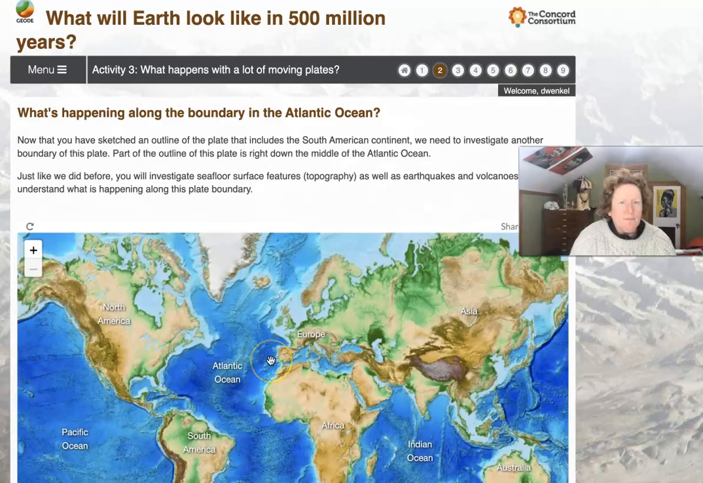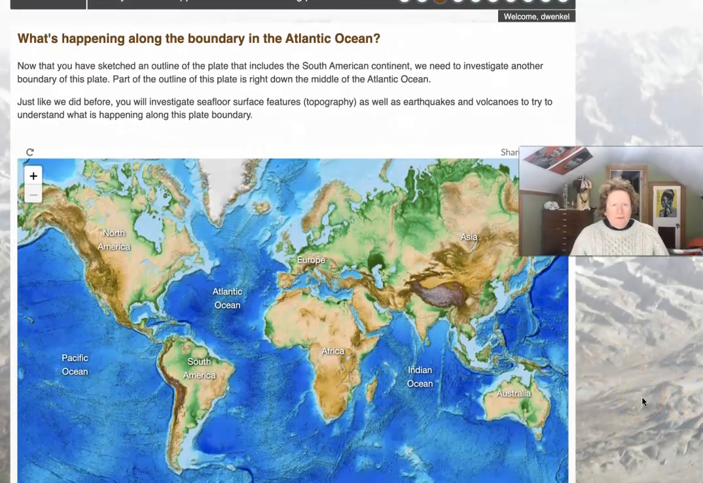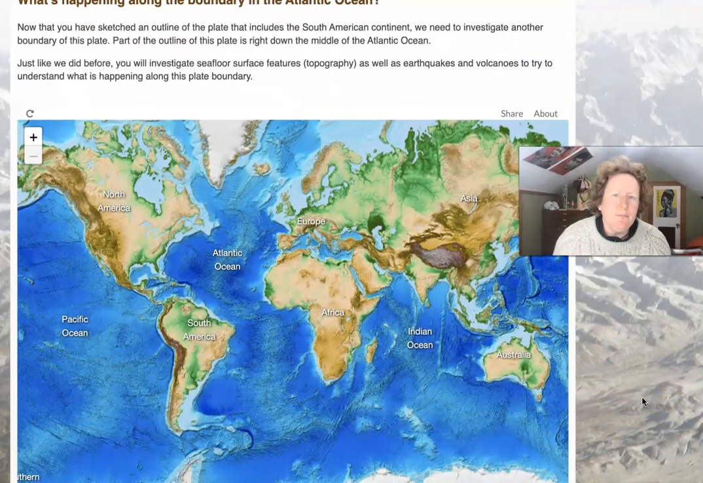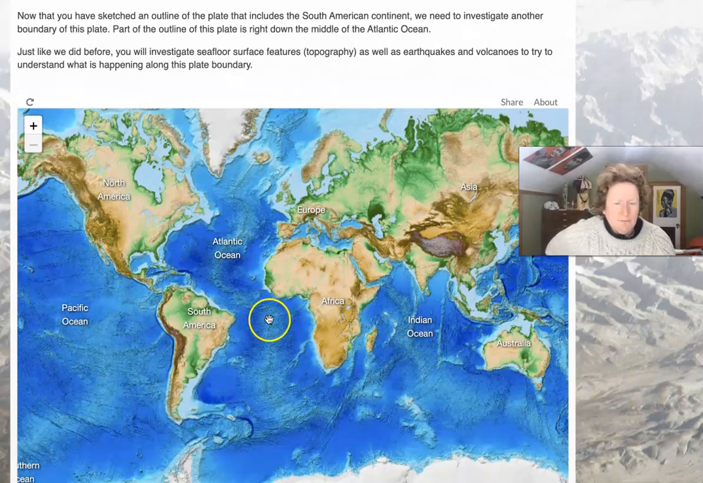What's happening along the boundary in the Atlantic Ocean? Now that you've sketched an outline of the plate that includes the South American continent, we need to investigate other boundaries of this plate. Part of the outline of this plate is right down the middle of the Atlantic Ocean. We saw that with the earthquake data. Just like we did before, we'll investigate the seafloor surface features, the topography, as well as earthquakes and volcanoes to try to understand what's happening at this